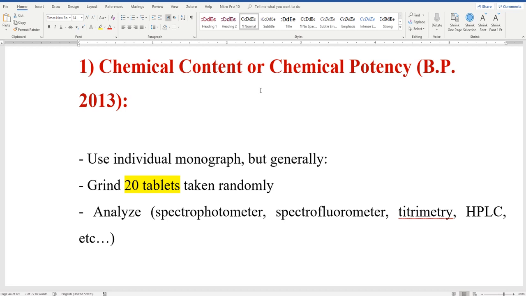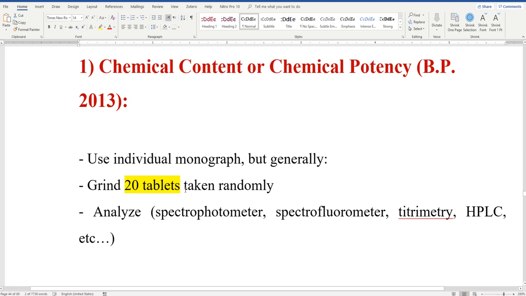When the product package states, for example, in case of Panadol or in case of amoxicillin, etc., that it contains 500 milligram, so there is a claim, a statement that there is 500 milligram. What do you do? You need to verify that there is really 500 milligram. So you take 20 tablets,